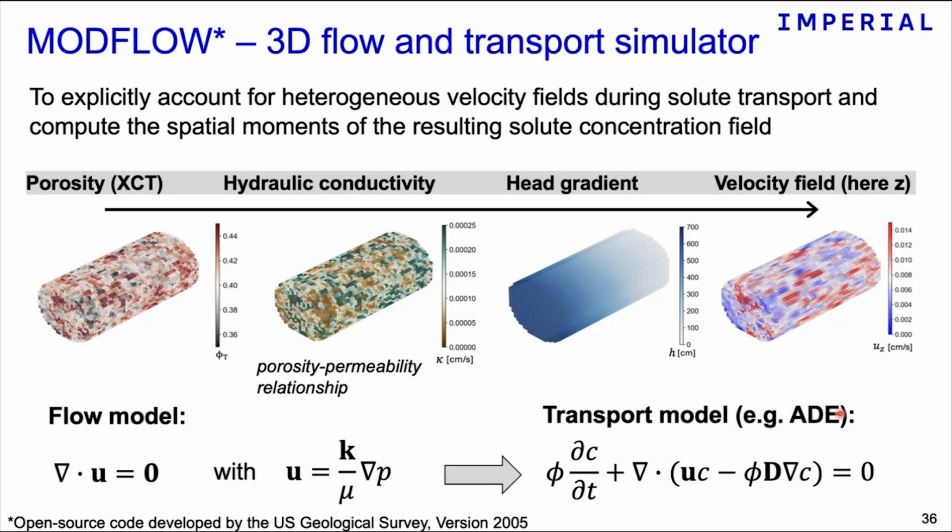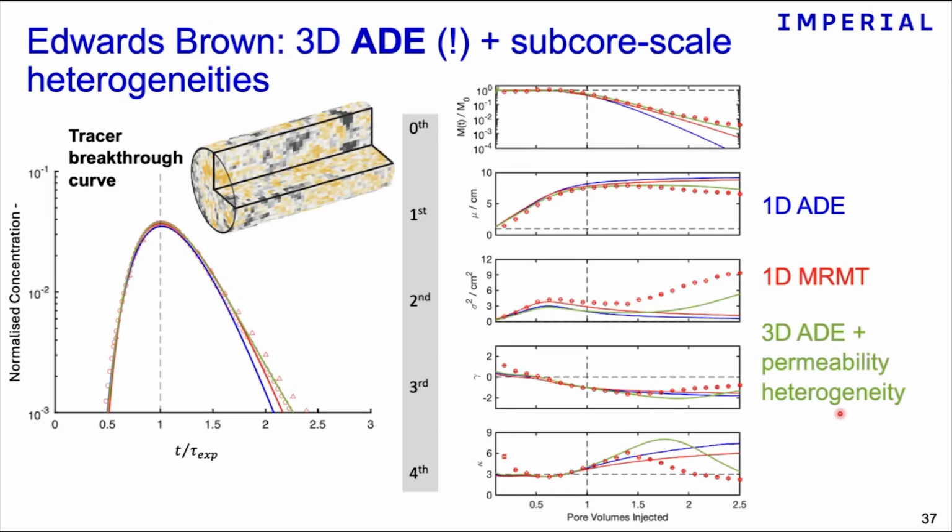And this exercise has been very, very useful because, indeed, for the specific rock for which we were not able to correctly interpret the data, we made some interesting observations. So here on the left-hand side, you see again the tracer breakthrough curve. The data are the symbols. You see in red the results of the one-dimensional multi-rate mass transfer model I discussed before.